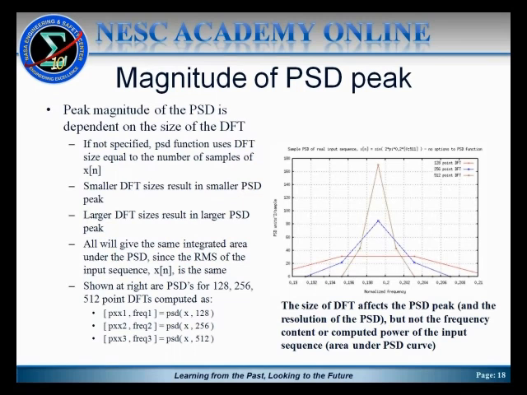And so shown at the bottom of this slide is the command you would use to create each of these PSD versus frequency outputs. And then we plotted them all out together as shown on the figure on the right. And you'll notice that the size of the DFT affects the peak and the resolution of the PSD, but the frequency content hasn't been altered. In other words, you still see them at the 0.19922 frequency, and also it does not affect the area